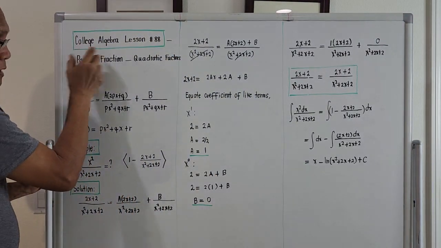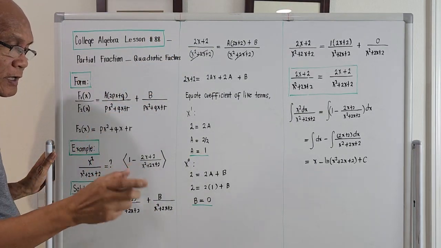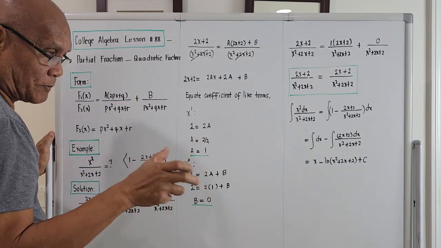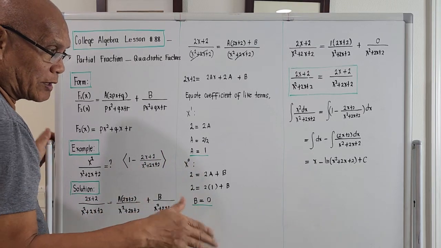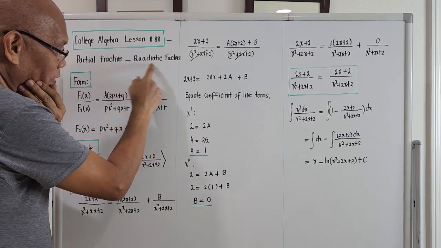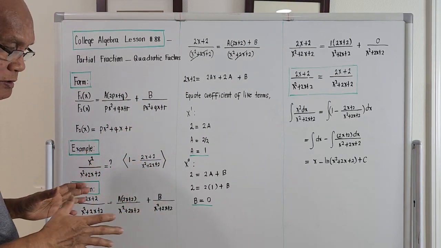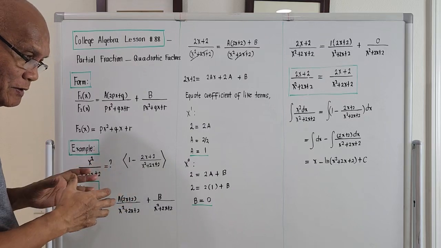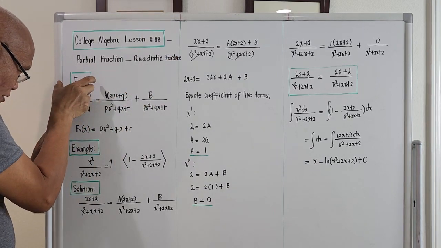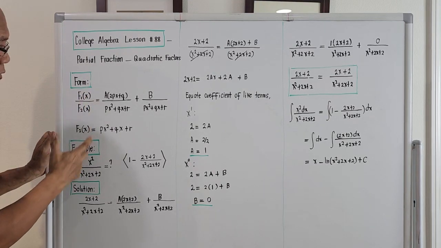This is now college algebra, lesson number 88. The subtopic will be partial fraction. Under case number 3, the denominator of the fraction for which we are going to find the partial fraction equivalent is just simply quadratic factors. Okay, let's bring out the form and how to simplify if the given denominator contains quadratic factors. This is the setup form: F1(x) over F2(x) should be equal to